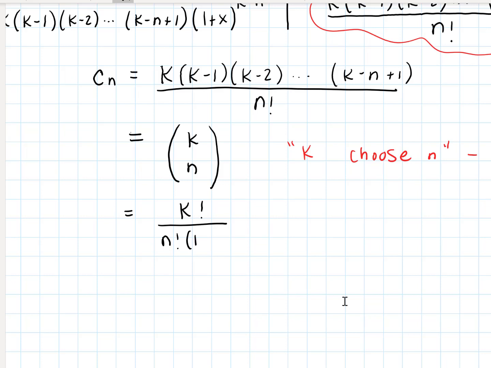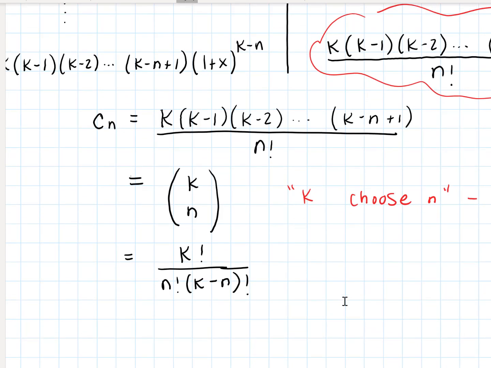If we think about how we ended with this expression right here on the top, you could think of that if it continued all the way down to 3, 2, 1, that would be k factorial, but it doesn't continue. It stops at k minus n plus 1, so that means we've divided by the k minus n factorial. So these are just other ways to express